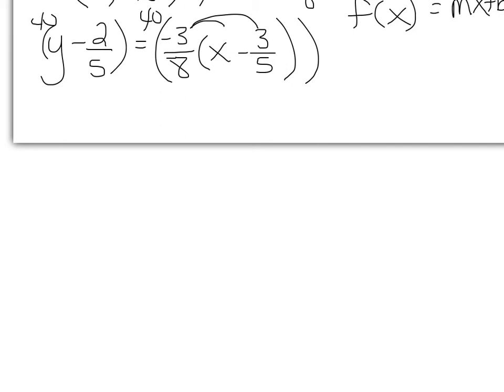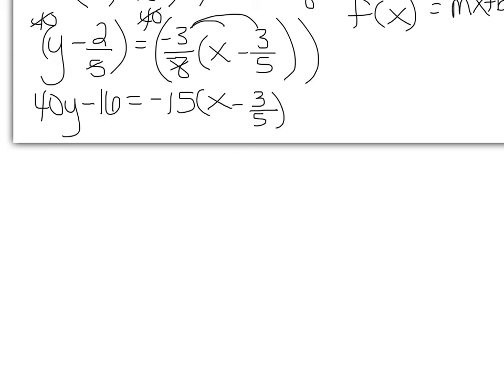Okay, so this is going to be 40y minus, what is that, 8, 16 is equal to negative 15 times x minus, and this will still be 3/5. Okay, so 40y minus 16 is equal to, distribute the negative 15x